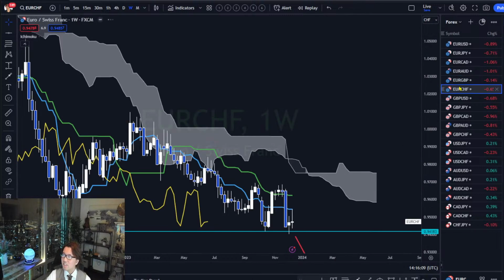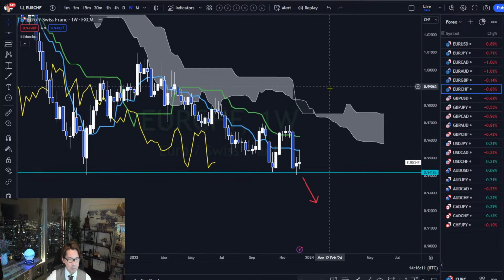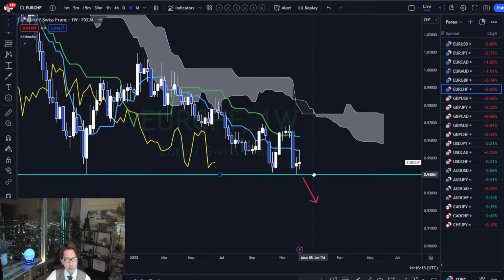Okay, next is Euro Swiss franc. This pair is about to break the support, like I mentioned last week also, right? I'm waiting for the breakout of 0.9406. And still, there's a good chance for the market to break because the Kumo is bearish, Kijun Sen, Tenkan